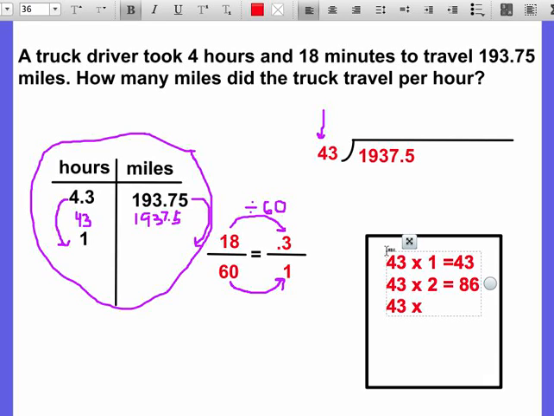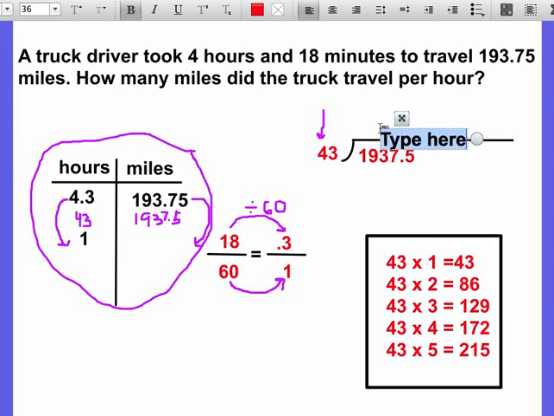43 times 3 equals 129. So we're still not there yet. We can probably fit another 43. 43 times 4 equals 172. And let's see if we can fit another group of 43 in. 43 times 5 is 215. So 43 goes into 193 4 times,